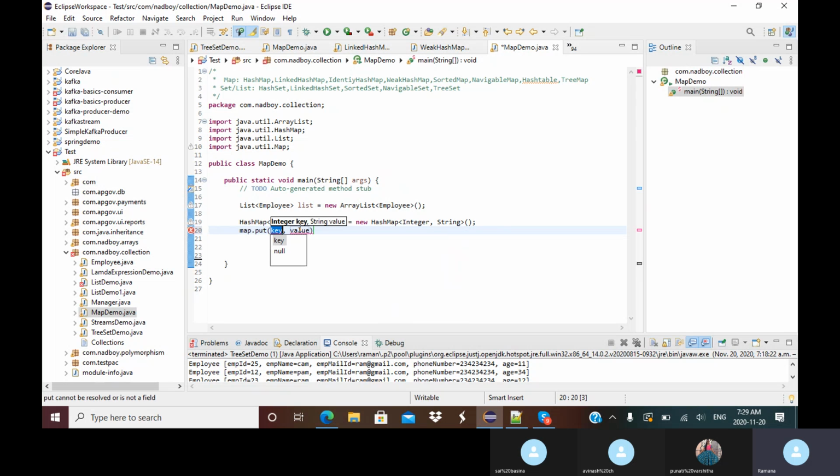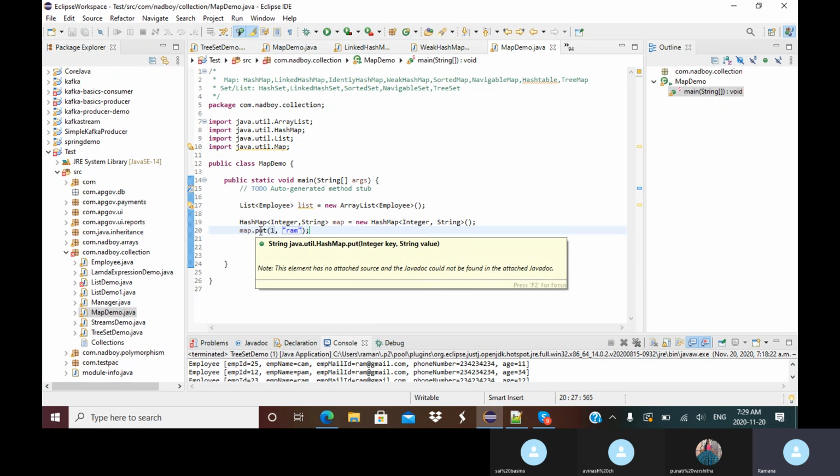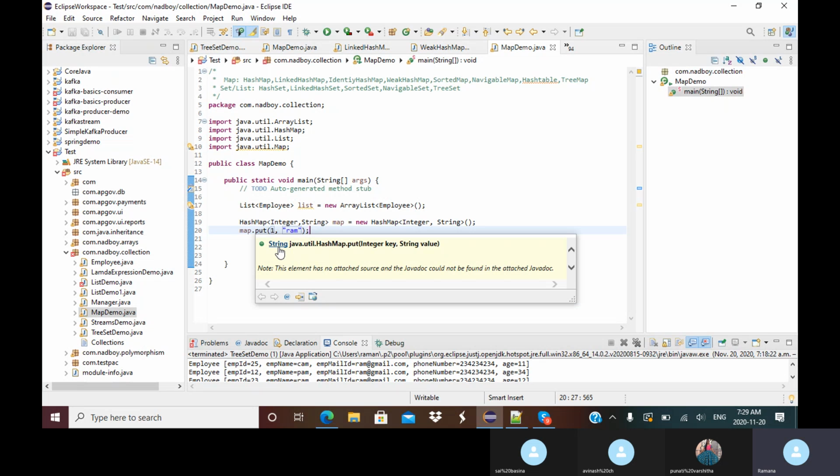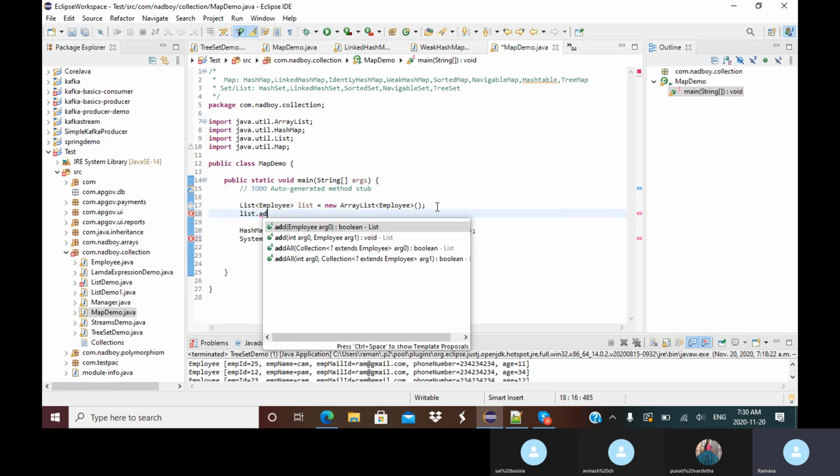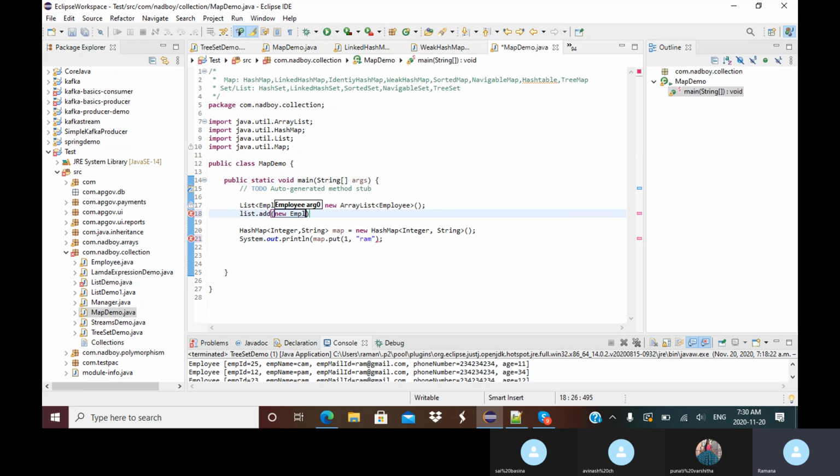Okay, now I'll say key as 1, value as some name. Now if you see here what it is returning, it is returning some string value. Let's see what that string value is. Whereas in the list, if I add something, for example a new employee,